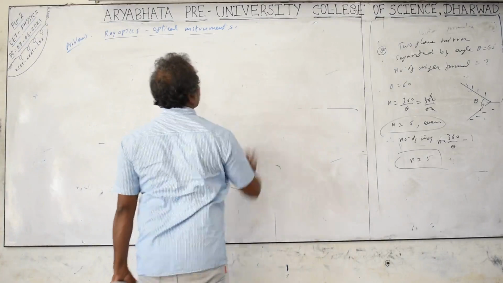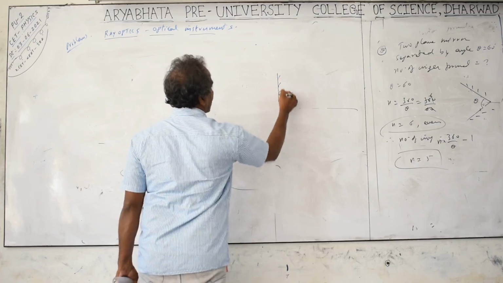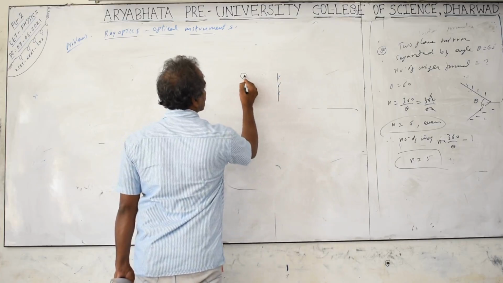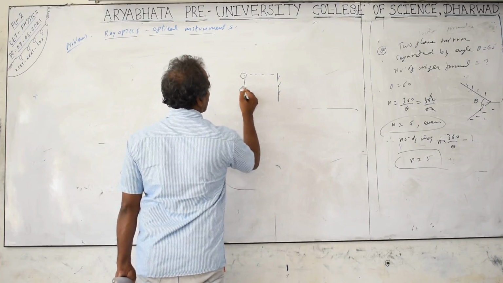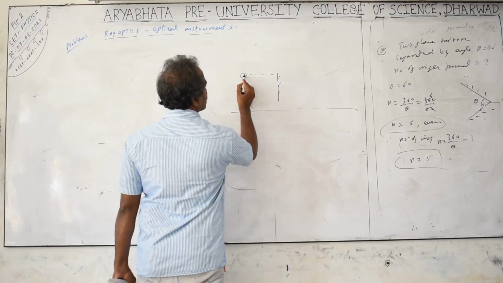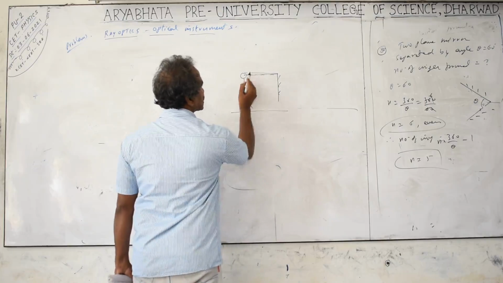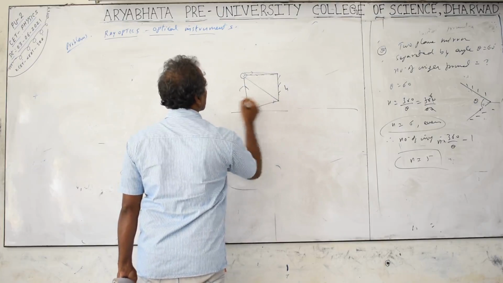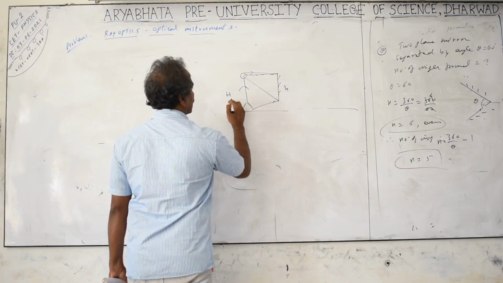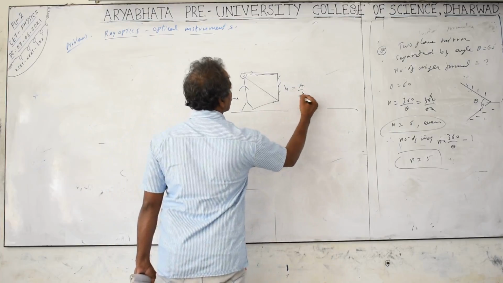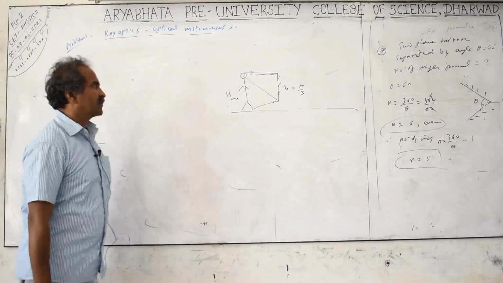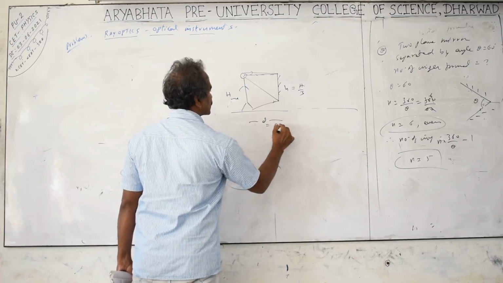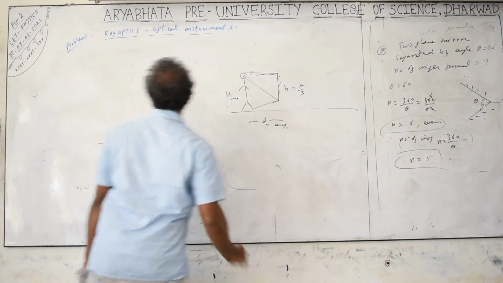To see the complete image of a person standing in front of the mirror, what height of mirror is required? The mirror should be kept in front of him, independent of the distance. If you take it to eye level, then it is possible to see the complete body. Rays coming from the head and from the foot can both be seen. This is the height of the mirror, this is the height of the person. The mirror height equals h by 3, one third of the height of the person, independent of the distance d. The distance can be any value; only the height is required.